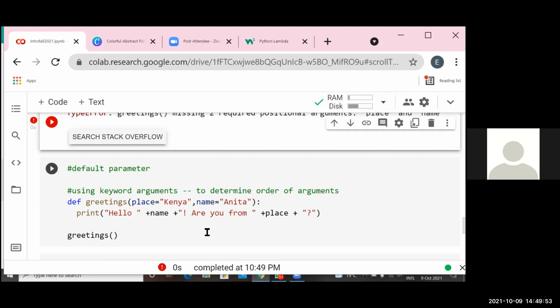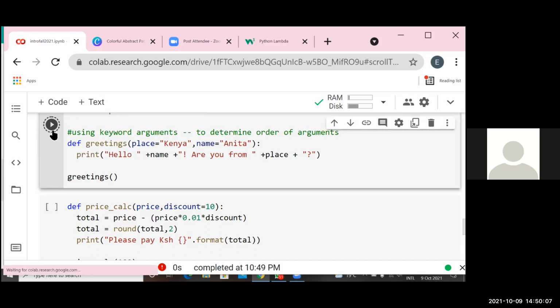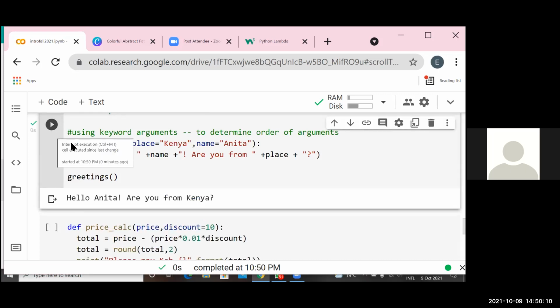So let's say you can just call the function, and by default the name is Anita and the place is Kenya. So when you call the function like that, it actually says, hello, Anita, are you from Kenya? As well, this is just the default, but you can change this. So we can now give another place,